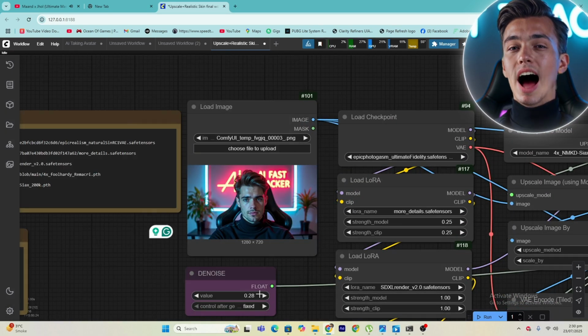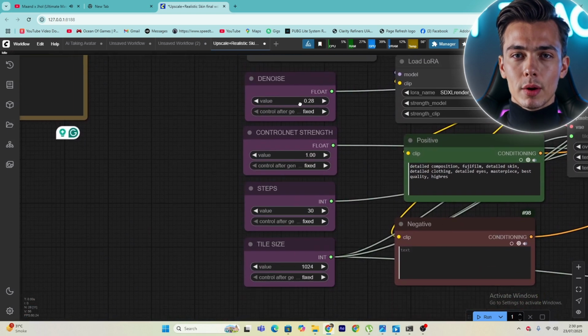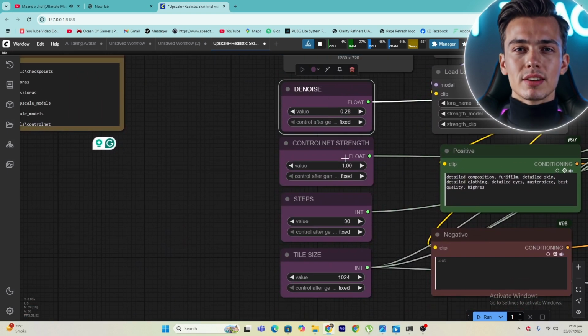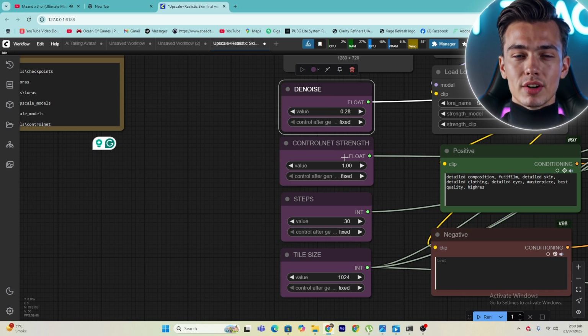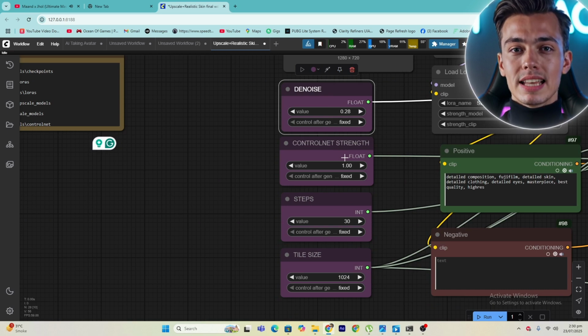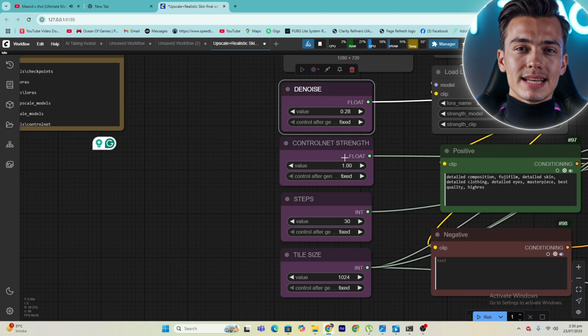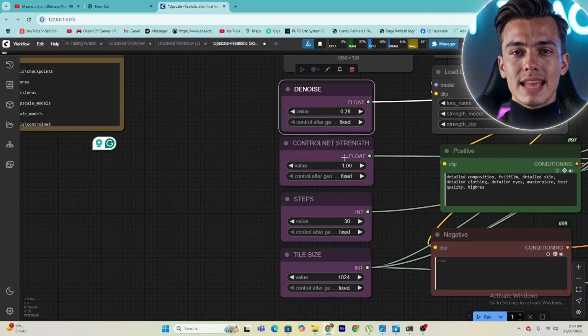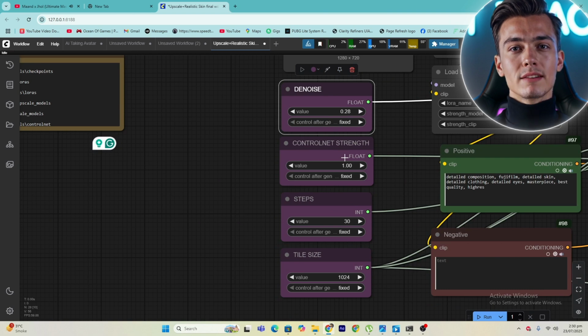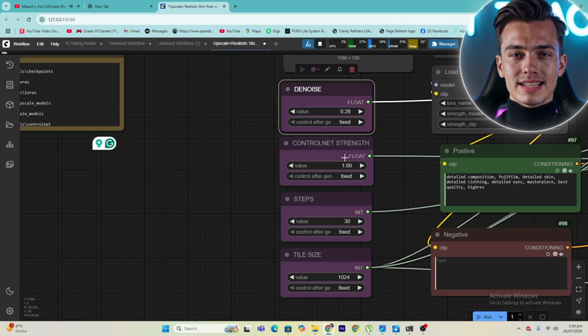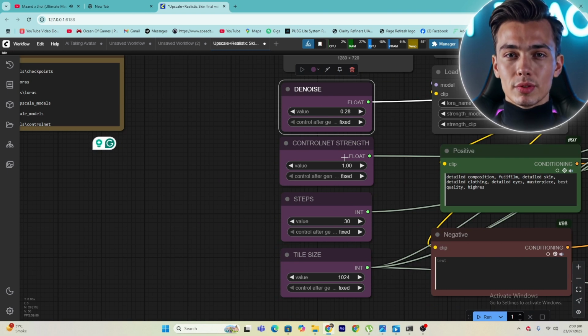You have to understand a few important settings of this workflow so you can take full advantage of this powerful workflow. First, the denoise. If you increase the value of denoise, it means you are allowing the model to make more changes to your original image, and that will lead to a different face from your provided image. And if you decrease the denoise value too low, that will lead to no change or very little change in the original image. So we have to find the best balance. In my experience, a value between 0.20 to 0.28 works best.